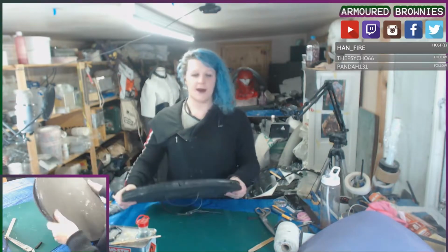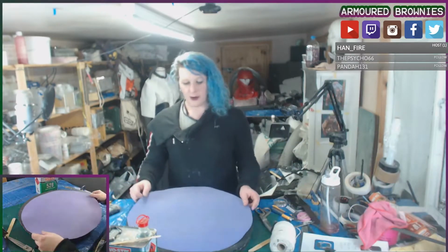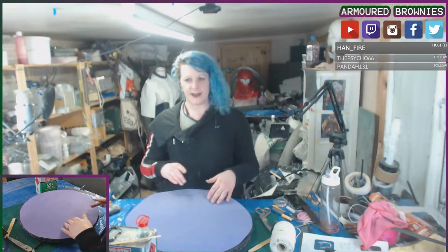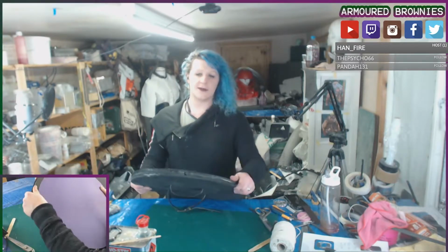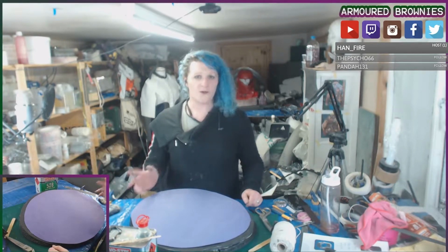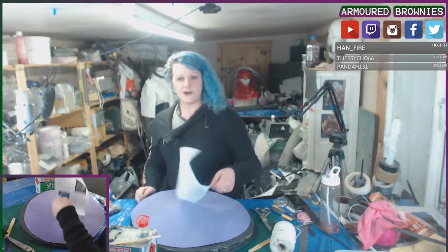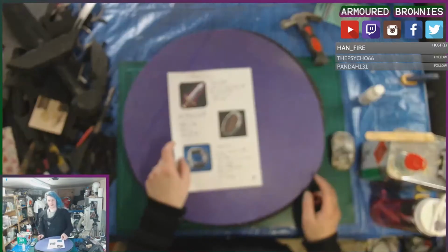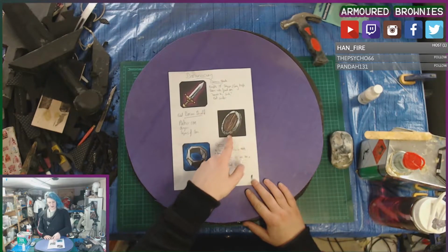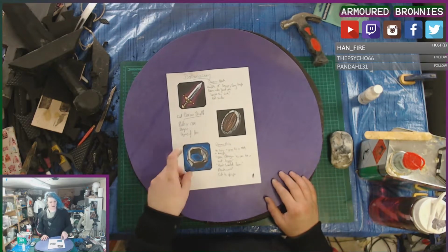Now, usually, and what you'll see in most tutorials, people will use rotary tools, soldering irons, and all sorts of things to get different details embossed on the surface of the foam to give it texture, to give it something to paint afterwards. But in line with keeping this as super simple as I can, we're not going to be using any tool beyond a sharp knife. Most notably, probably here, a scalpel, but any sharp knife that will cut foam smoothly and cleanly will work just fine,